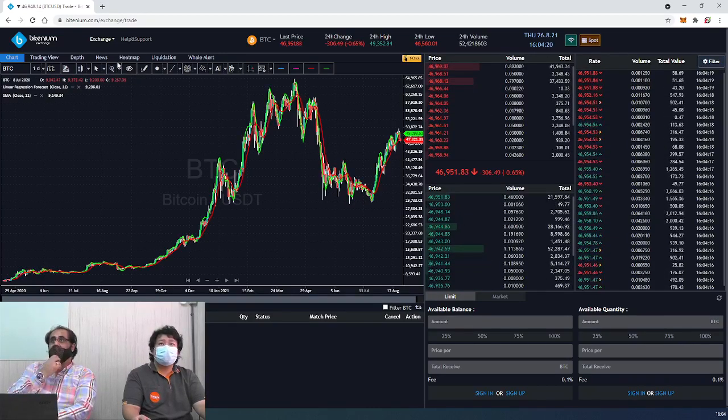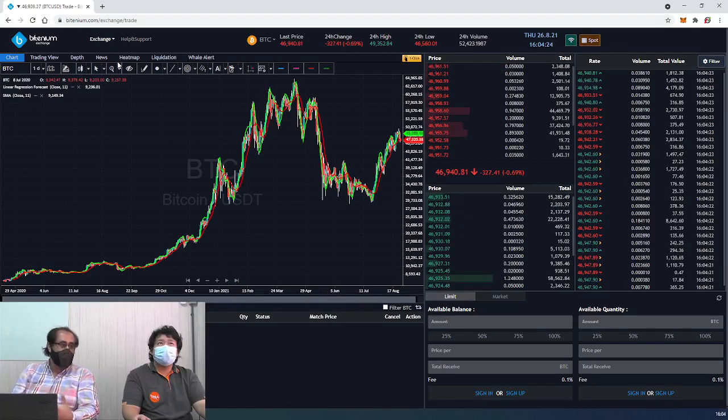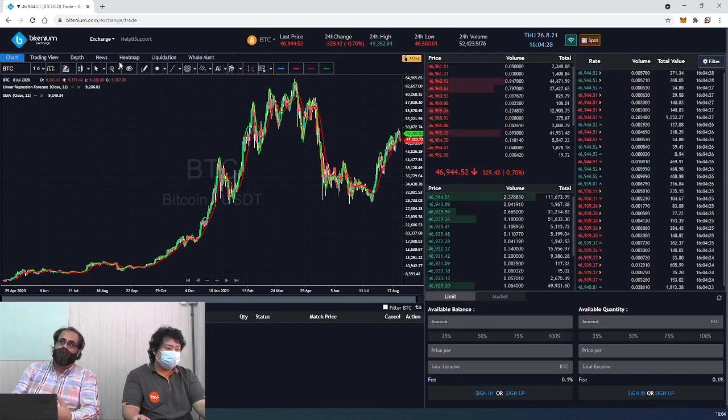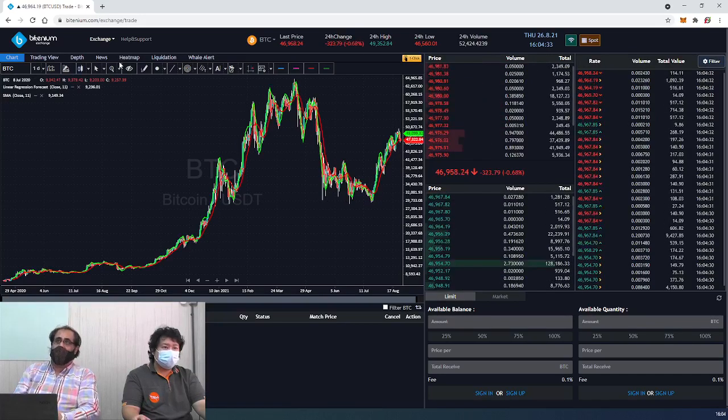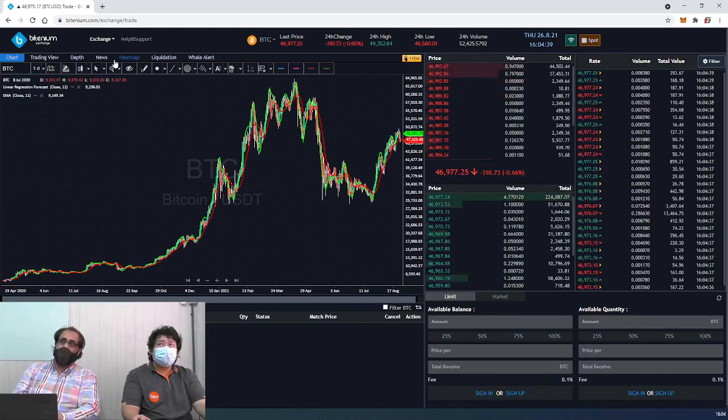We are focusing on how to use the Bitenium web version first, so that you understand this basic, which you are familiar with from all other exchanges. The difference is that we have our own charts and our own libraries, plus TradingView libraries, add-ons, indicators and features.